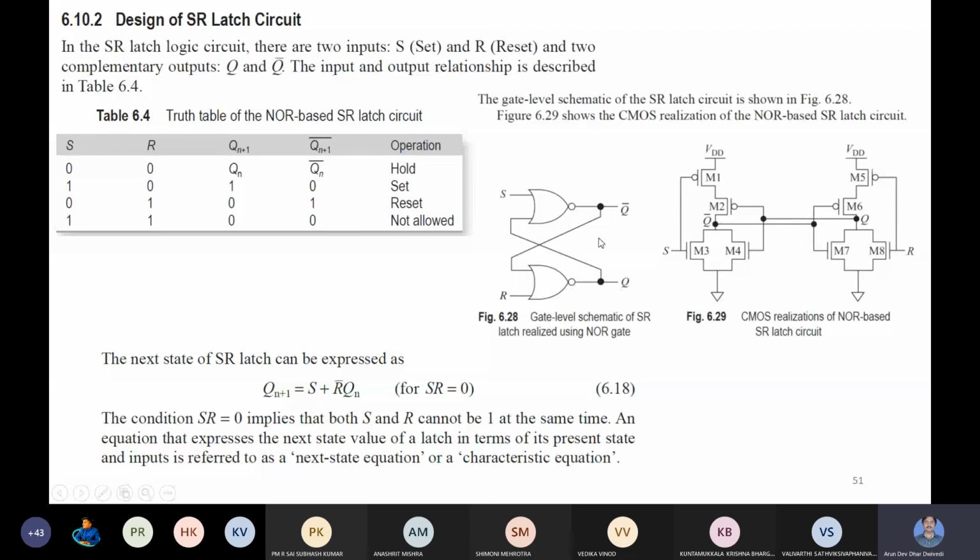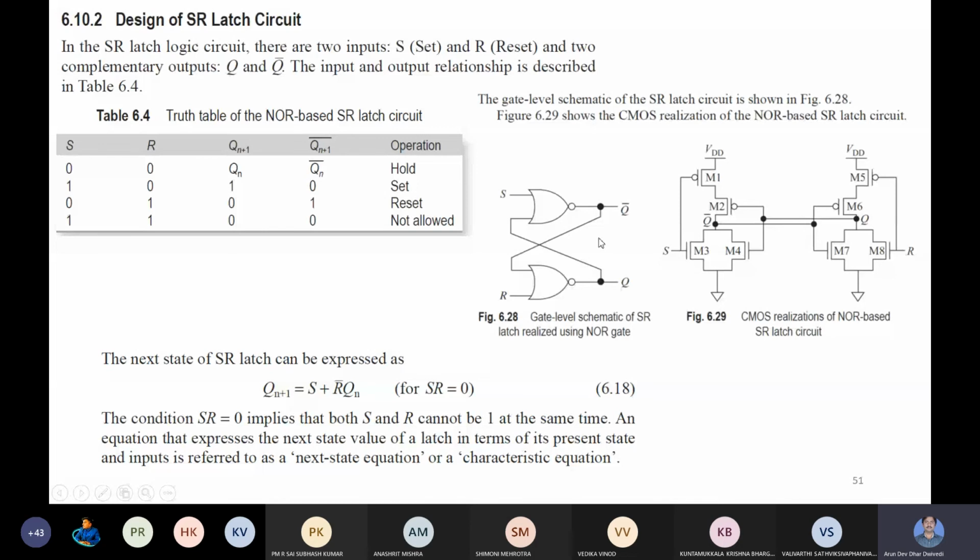From this AND gate, it is providing ANDing of whatever feedback you are giving here: ANDing of Q, K and CLK. So Q, K and CLK, and then further basically R, because it is a NOR gate,